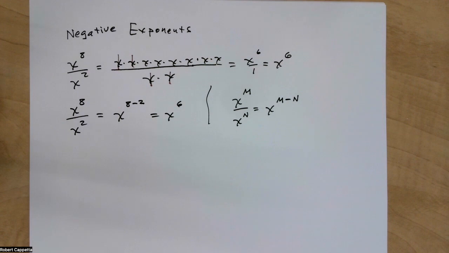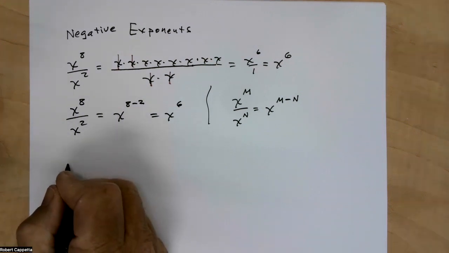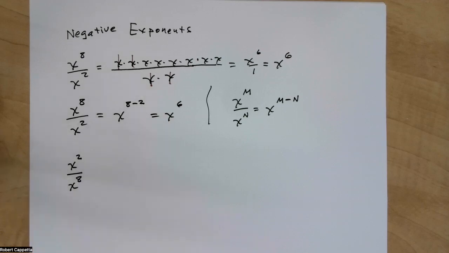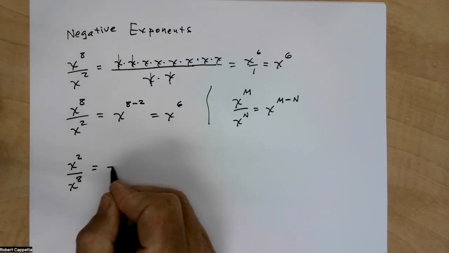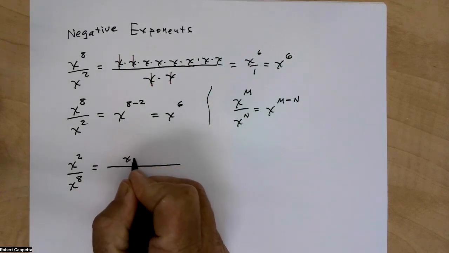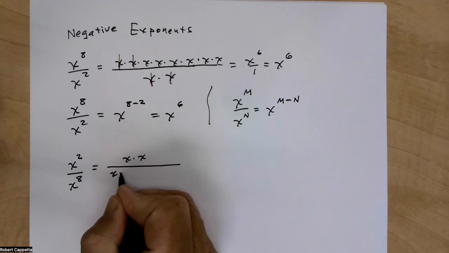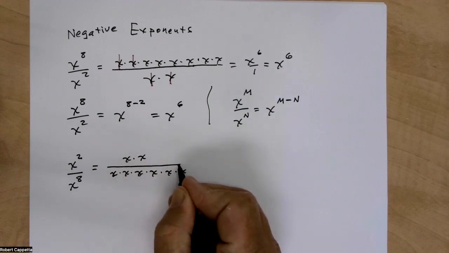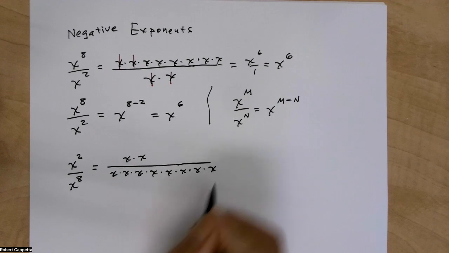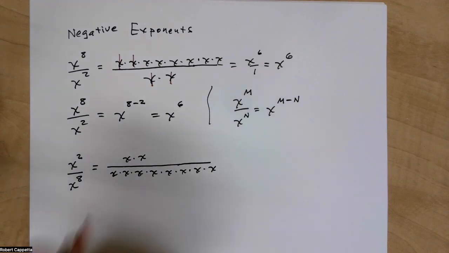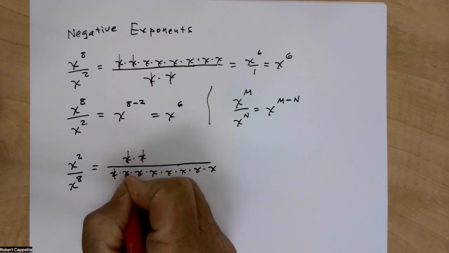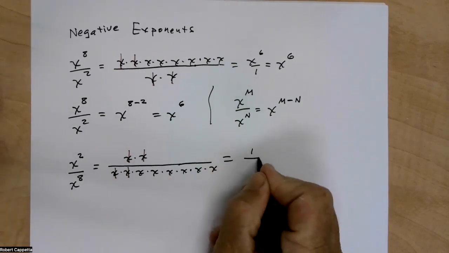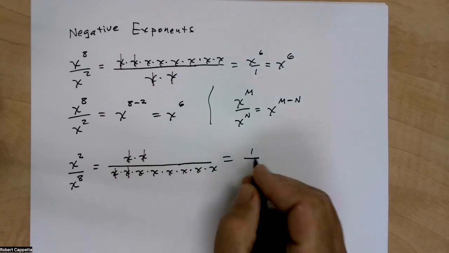But can we extend that? So if we switch it and instead go with x to the 2nd over x to the 8th, and again, we ask ourselves, what does that mean? On the top, we just have x times x. On the bottom, x times x times x times x times x times x times x times x. X divided by x, 1 over 1. X divided by x, 1 over 1. So on top, we have 1 times 1, which is just 1. And on the bottom, we have 1 times 1 times x, x, x, x, x, x,